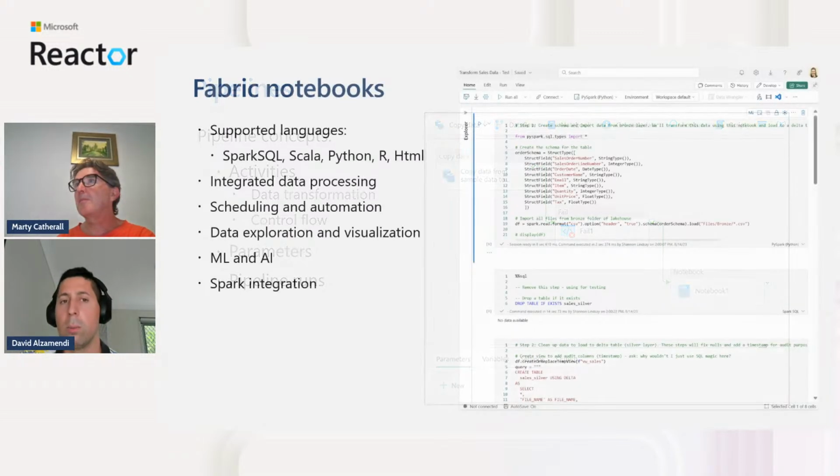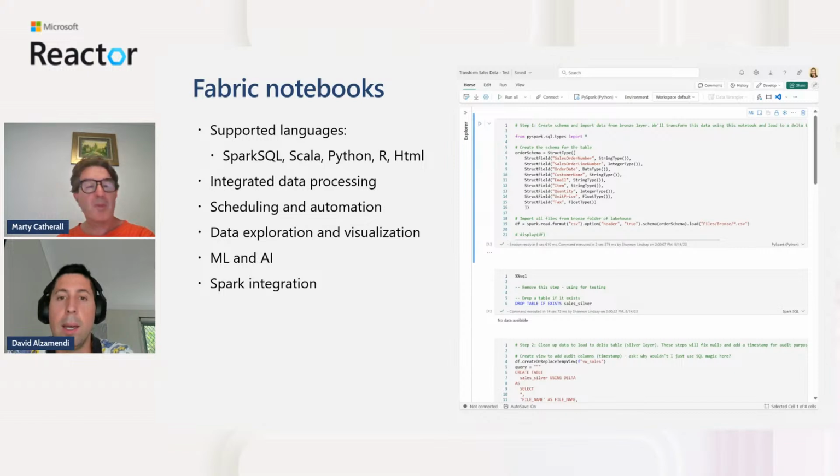Let's have a quick look at the notebooks. In notebooks, you can use Spark, SQL, Scala, Python, R, HTML for all the data orchestration and transformation, but it also comes with the machine learning and AI libraries from Spark and some enhancements from Microsoft. So remember, notebooks are really powerful in regards to transformations and machine learning.